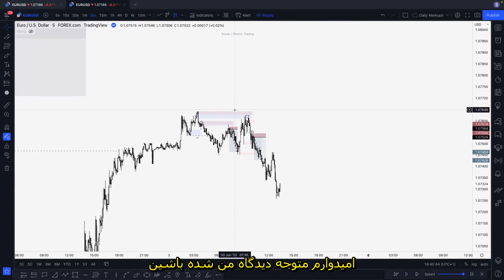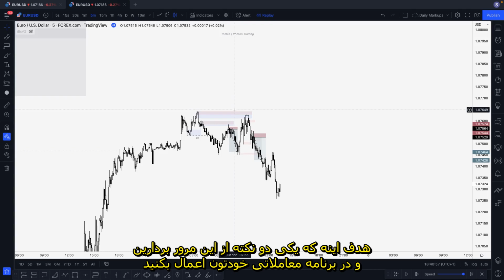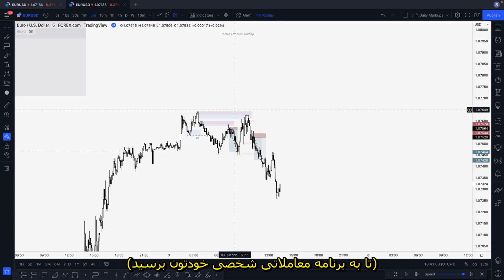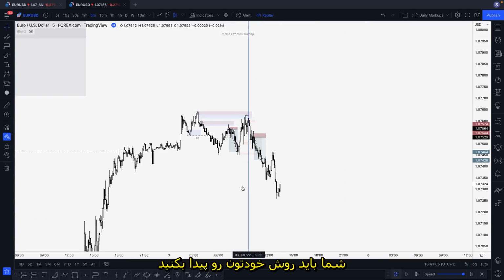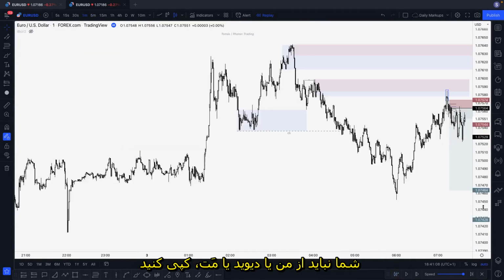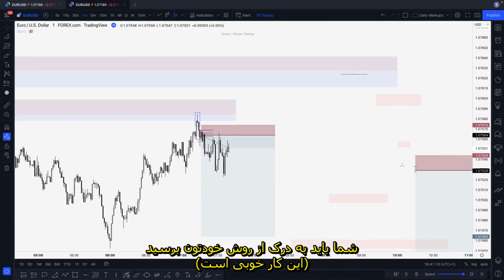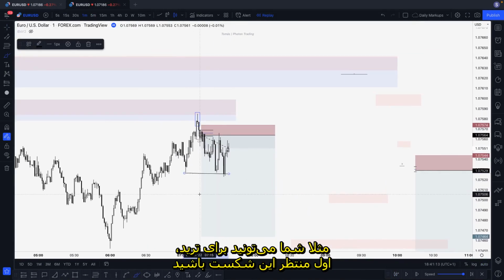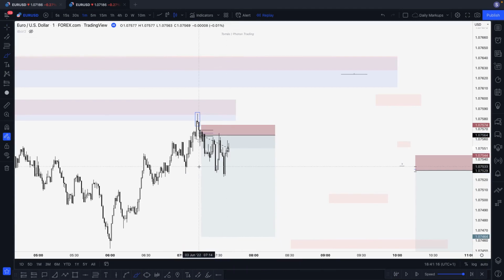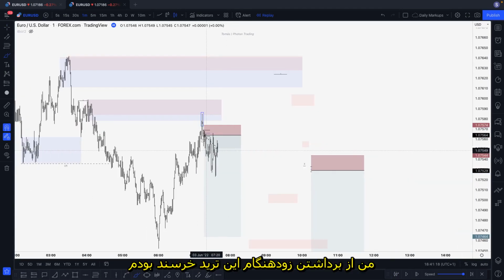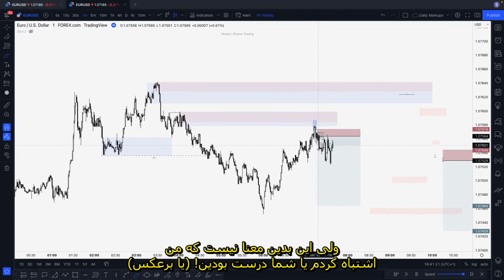Hope you could understand my point of view, and you don't need to trade like me, of course. The goal with this is not to convince you to trade like me. The goal is for you to pick one or two things from this trade recap, implement them into your trading, and build your own trading plan. You need to build your own way of trading. You can't copy me, David, or Matt. You just need to understand your own way, because there is nothing wrong, for example, with waiting for this break and only then taking the trade. I was happy to take the trade earlier, but that does not mean that I did something wrong and you did something right, or vice versa.